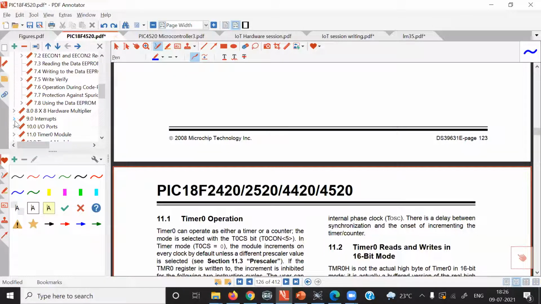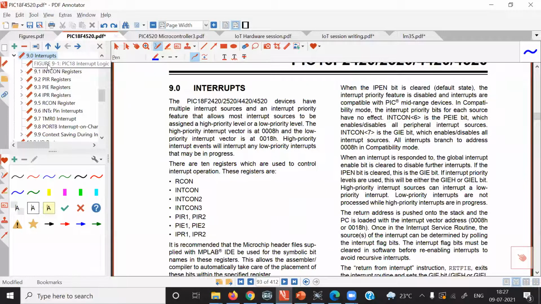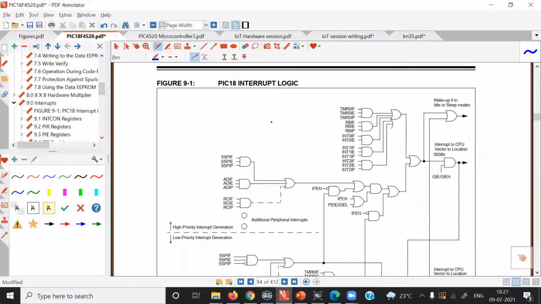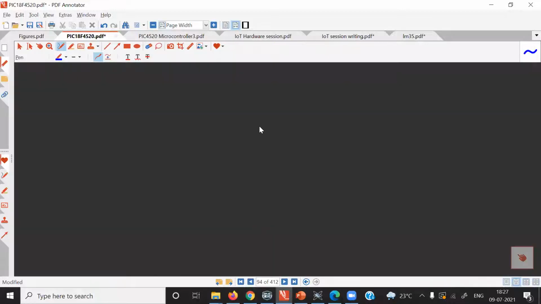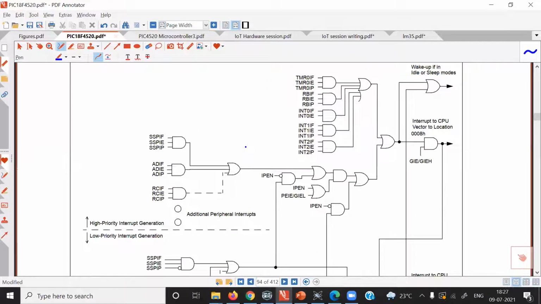In the PIC18F4520 data sheet, section 9.0 is on interrupts. The registers I already discussed. This is the PIC18 interrupt logic, and different interrupt sources are shown here.